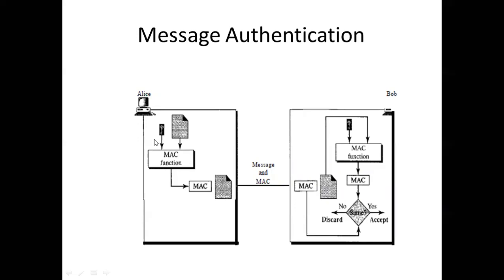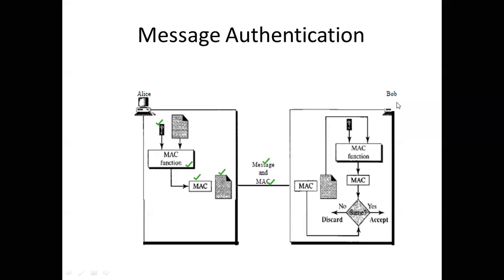So in case of message authentication, two things are going to be used: one is the key and the other is the function. The original message, to that we apply the key. We also apply the MAC function, and what we generate is the message authentication code. Once this is generated, the sender will send the MAC as well as the original message. You all can see here, the original message as well as the MAC are both being sent to the receiver.